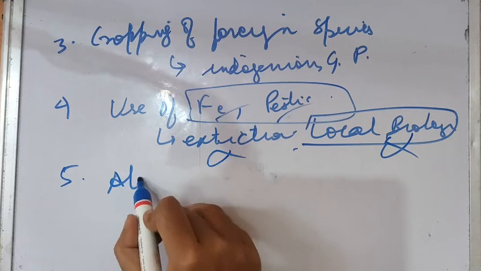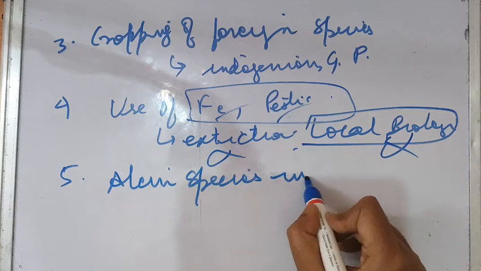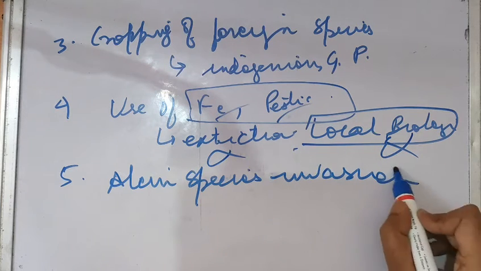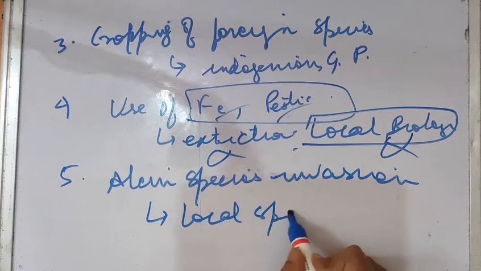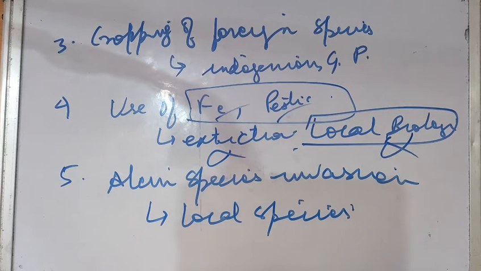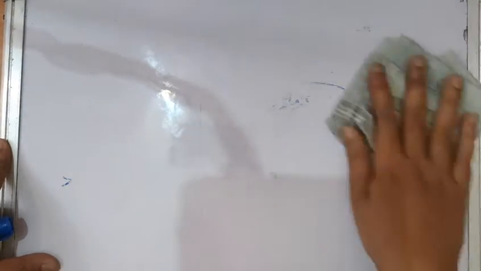And we can also write one more thing: invasive species invasion led to destruction of local species. So these are the common reasons by which agro ecosystem loses its diversity. Hope you understand this. Moving next,